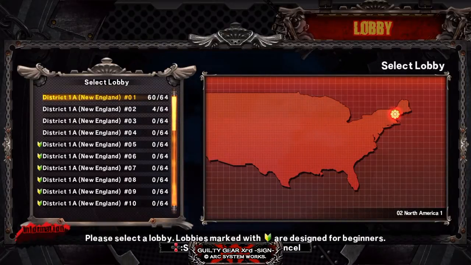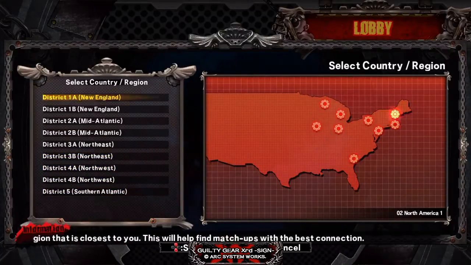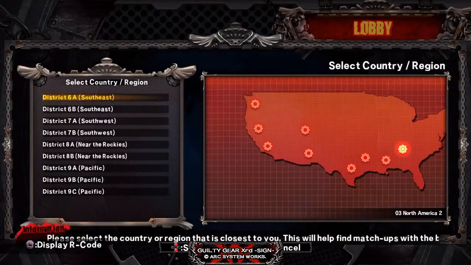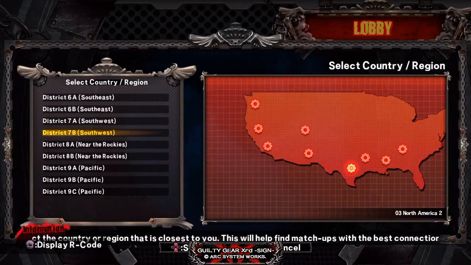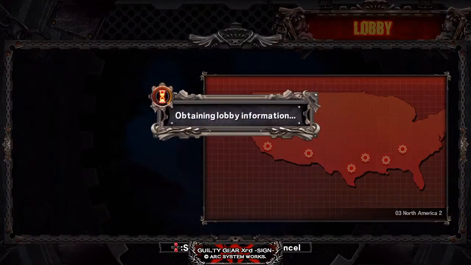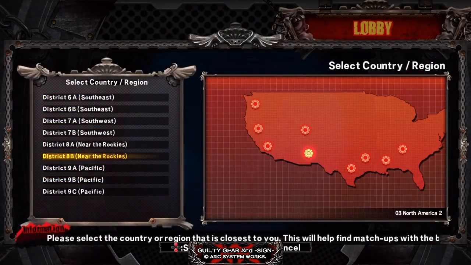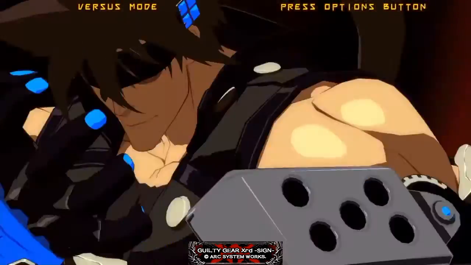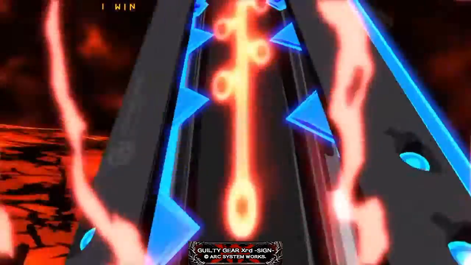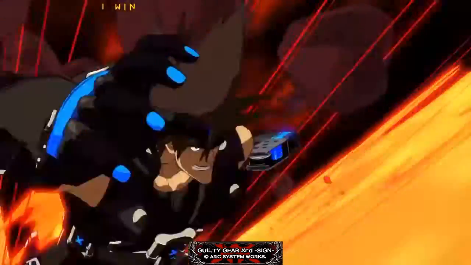Another thing to mention here too is the selected regions. You can select which lobby you want to go into. So let's say if you're in New England, you can choose New England. If you want to go Southern or South, you could go that way as well, or Pacific, and choose those lobbies and see if people are in those lobbies, and then hope that they accept your challenge. So that's pretty unique, but in itself it's still like